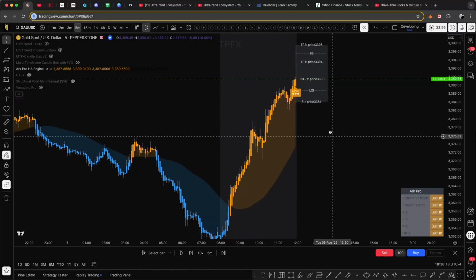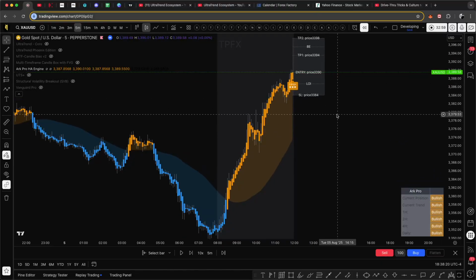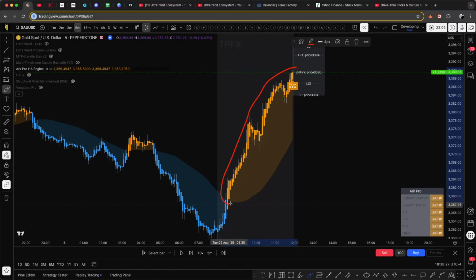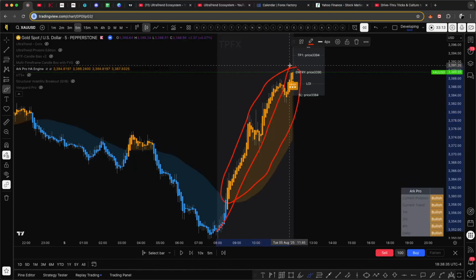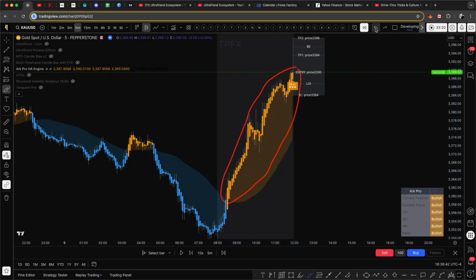You might think we're going to continue, but this to me, and again, based on experience, look at it. I mean, look at this move already. Don't you think the price is already extremely overbought? The price extended already, and probably is going to drop. I really don't know, to be honest, because I don't control the markets, right? But based on my experience,